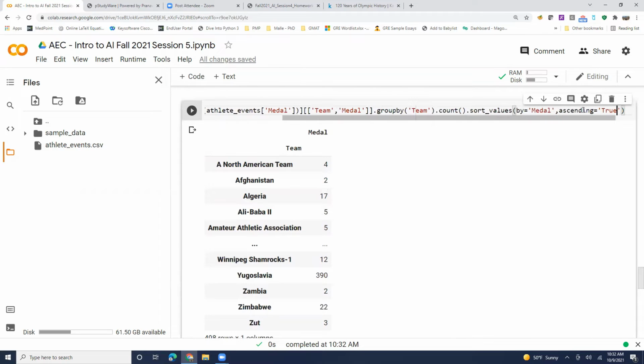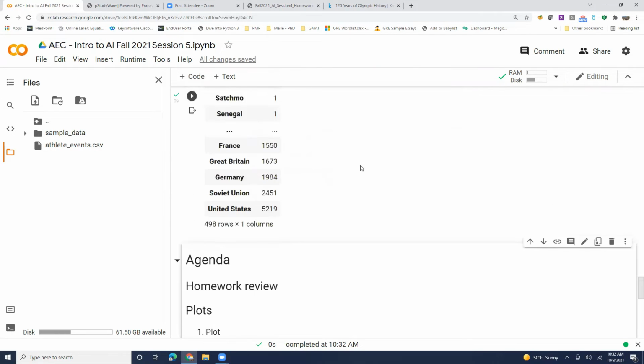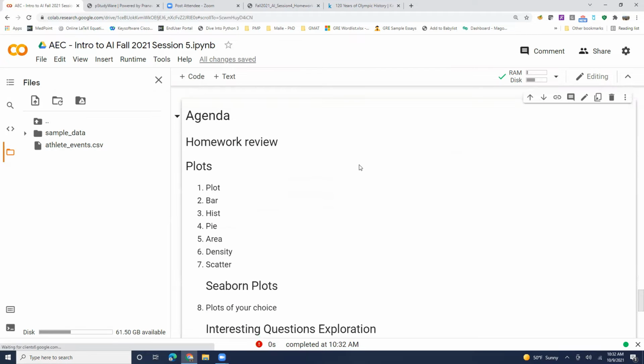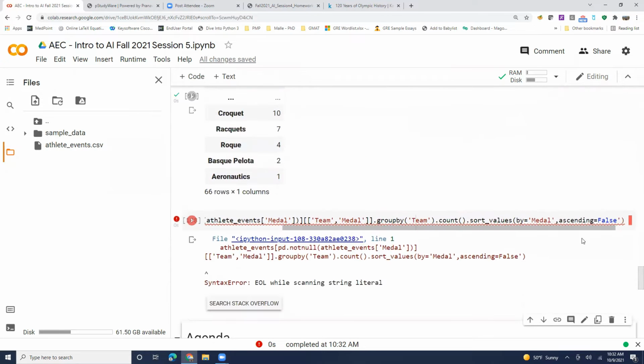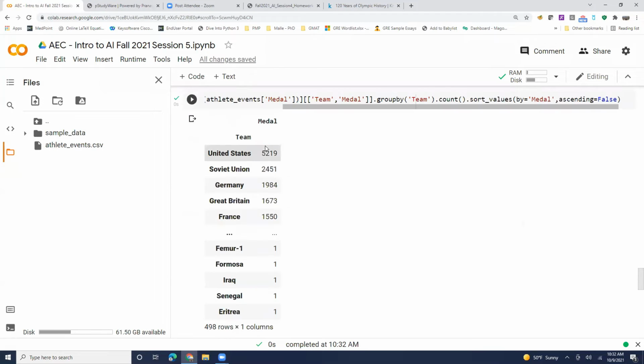Right. Darren, value counts will work when you have one column. If I ask you something like, which country has the most number of female athletes who won medals, then you wouldn't be able to group by, right? You can't count with value counts anymore, right? Oh, did I do false? Yeah. I think I put one little mistake here. Okay. So US has